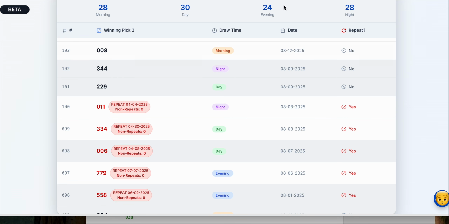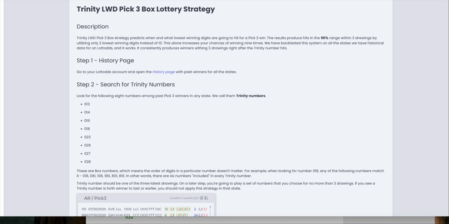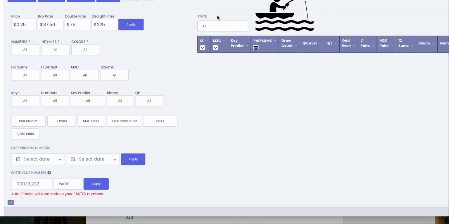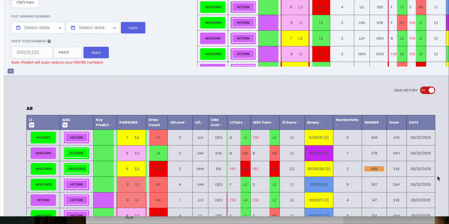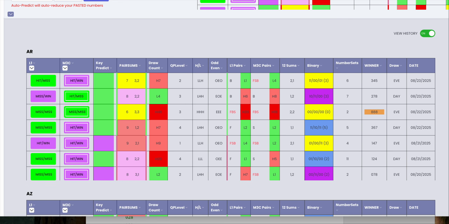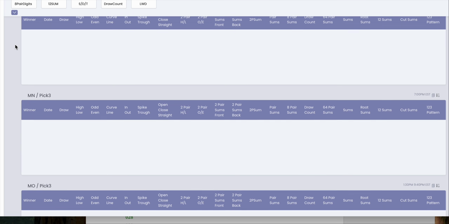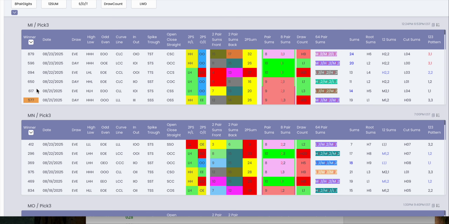It's so simple to know when doubles come out. First of all, there's two pages to look at on lotto odds. Okay, let me show you. I've repeated this in the past for you guys. You only have to look at the draws within 6 draws. And you guys with the lowest subscription, you have the history page, right? Let me load that for you again. You have the history page, and I've said this multiple times in past videos. All you have to do is look at these, 6 draws, 1, 2, 3, 4, 5, 6.